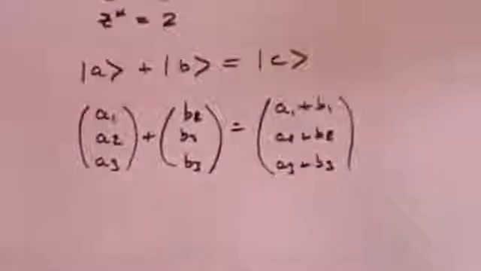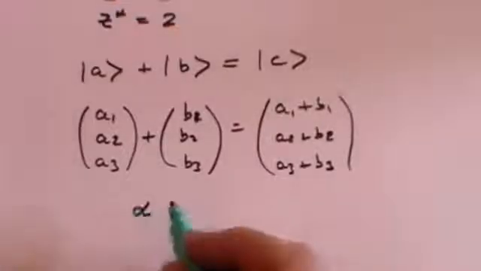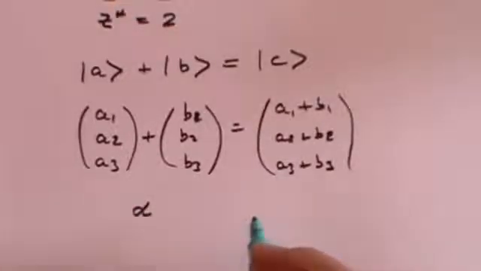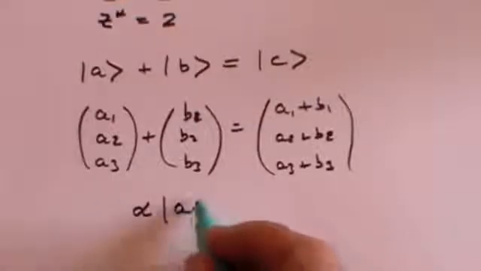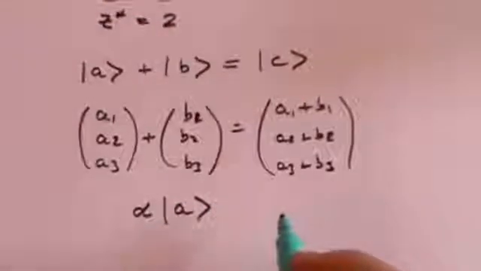Now for very basic multiplication, let's say that we're going to take a number, which could be a complex number, multiplied by the ket vector A. We're going